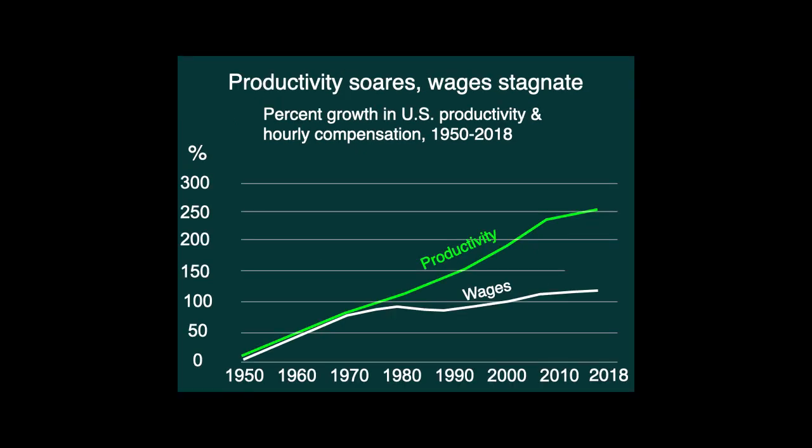The tendency, of course, is for wages to remain static, and there are exceptions and interventions. And according to the Economic Policy Institute, wages did increase at about the rate of productivity from 1950 to 1970. They increased the minimum wage enough to keep up with productivity. And I suppose that labor unions, which don't really affect non-union workers, but they certainly raise the average level or the aggregate level of productivity.